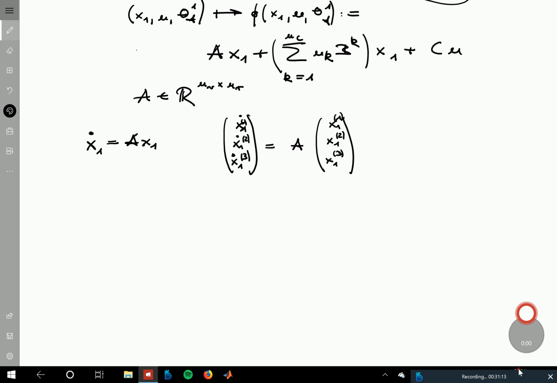So again, this is the first state of each region. The region is indexed by the bracketed superscript 1, 2, 3, and it's the first state variable in each of these regions. Now, the rate of change of each of these state variables is influenced by the current state in each of these regions. So the different neural state variables can influence the rate of change in the different regions, multiplied by this matrix A, and this matrix A has parameters